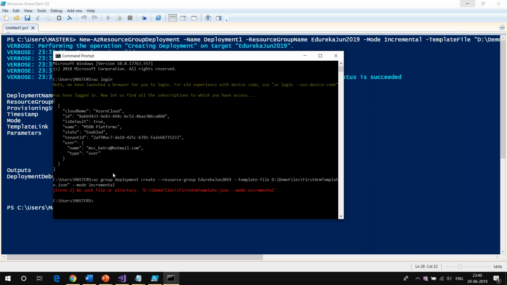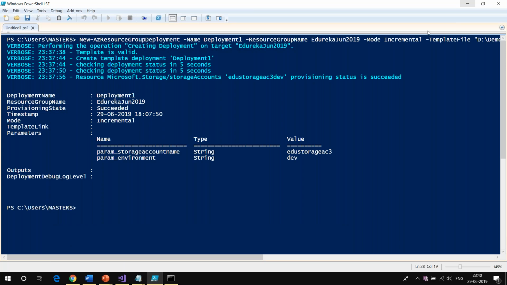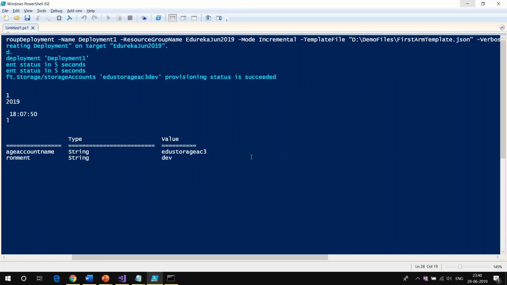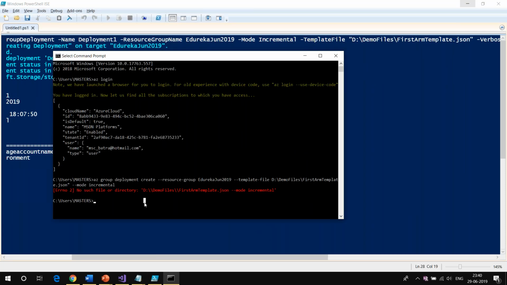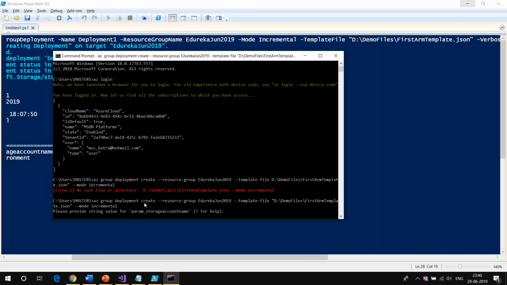So Aziz, does that make sense? Let me see, what is the name of this ARM template? Let me just cross check. First ARM template.json, D drive demo files. Okay, let's just cross check if it runs successfully.